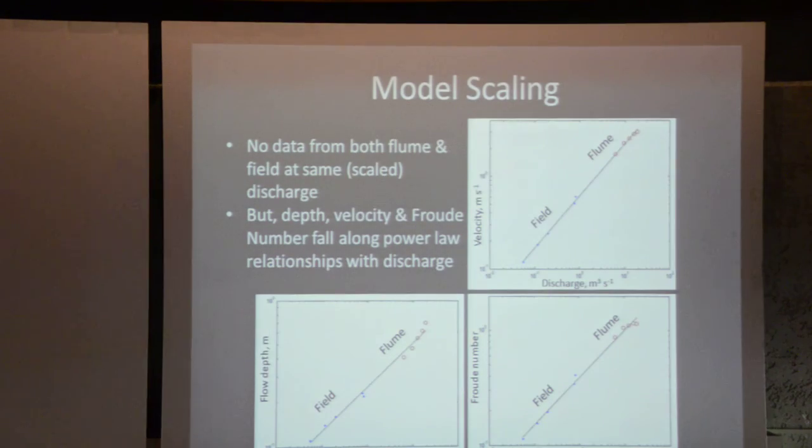Okay, so just to start with, I've said this model is scaled. I guess I should probably show you some data to try and convince you that it actually does seem to be scaled. Unfortunately, what we don't have is any data from both the field and the flume from a comparable set of discharges. The field data we've got is from fairly low discharge events when it's actually safe to get in the river, whereas the flume data is from relatively high discharge events where the flow was deep enough to be able to measure properties with the ADV. But if you plot